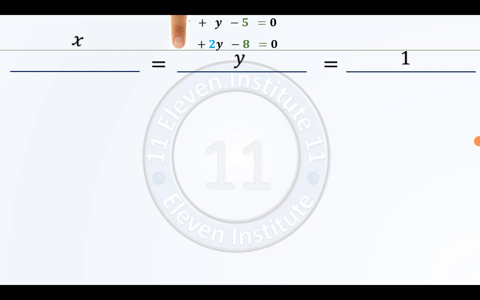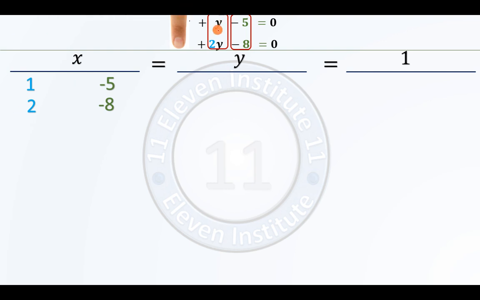So in the first equation, what is the coefficient of y? Plus 1. Right? So we will copy the 1 from over here and place it below x. Then we will copy the 2 and place it below 1 as it is. The way in which 1 and 2 are arranged over here, in the same way we have to arrange over here. Then what are we left with? Minus 5. So I will copy minus 5 and it will come over here. Then I will copy minus 8 and that will also come over here.